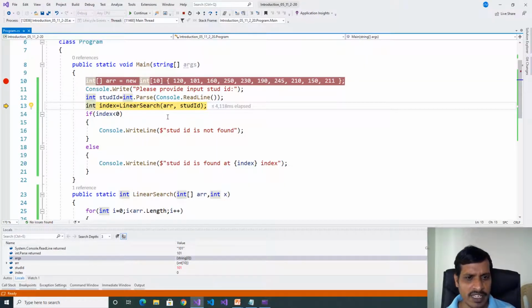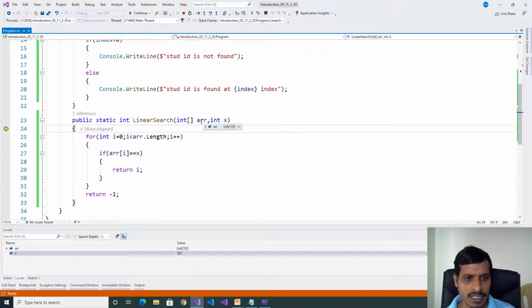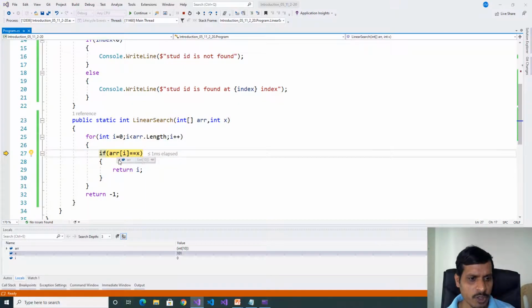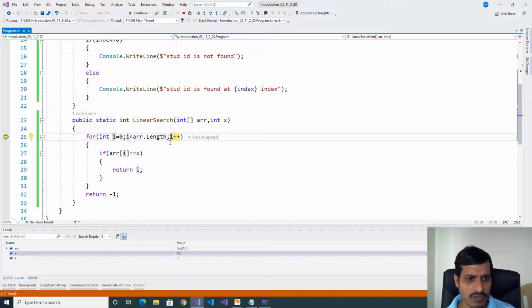Here we are passing the array and student ID to the linear search function. Here the array contains values. Student ID 101. F11. Here the array and then the input value. Int i is equal to 0. 0 less than 10, true. Array of 0 means 120. x is 101. 120 equal to 101, false. Then it will go to the for loop.